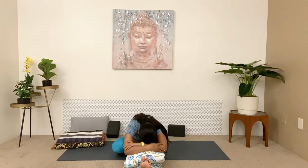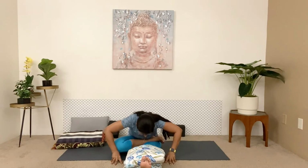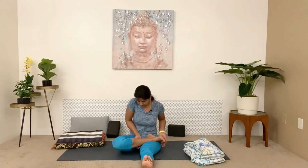You will feel so good. Stay in the pose for longer as we are supported. Then to come out of the pose, bring your hands on the floor, press your hands, then lift yourself up. Put the support away, catch hold of your feet, then bring your feet down, bend and then extend your leg